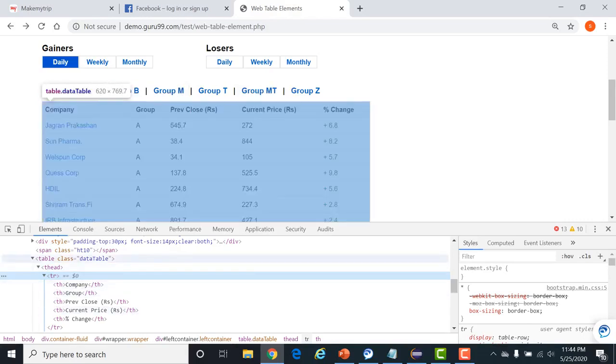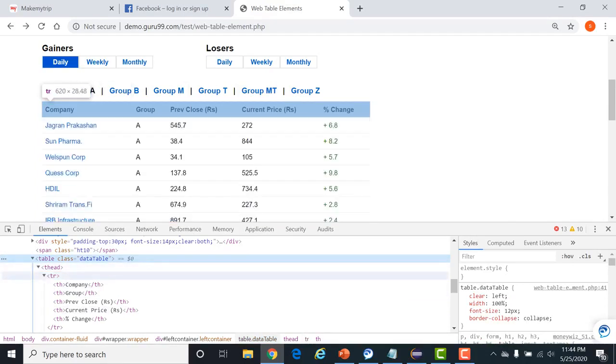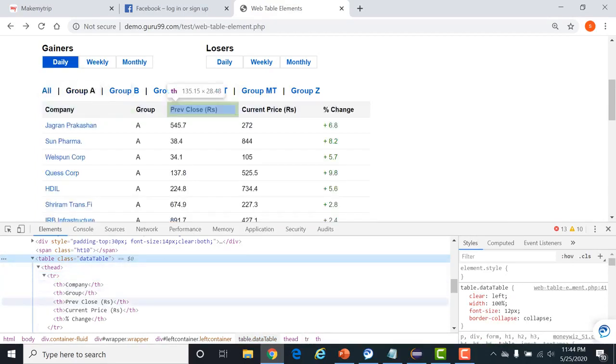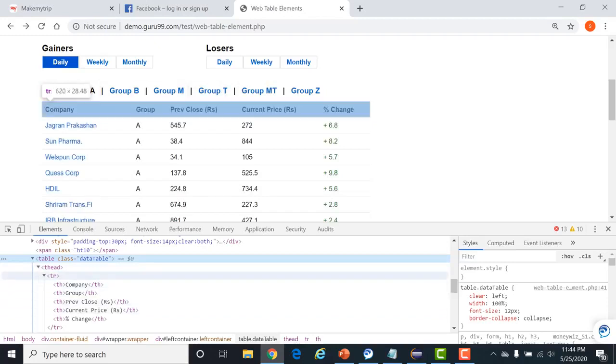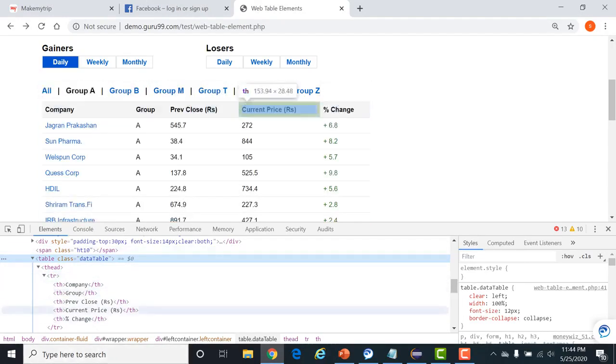Along with that, if you start with table, then table, TR, TH. There are four tags inside the table node. What do we call these nodes? We call them descendants, which means the TH node is a descendant of the table node, which is the top node, right? So in such a way this hierarchy works.